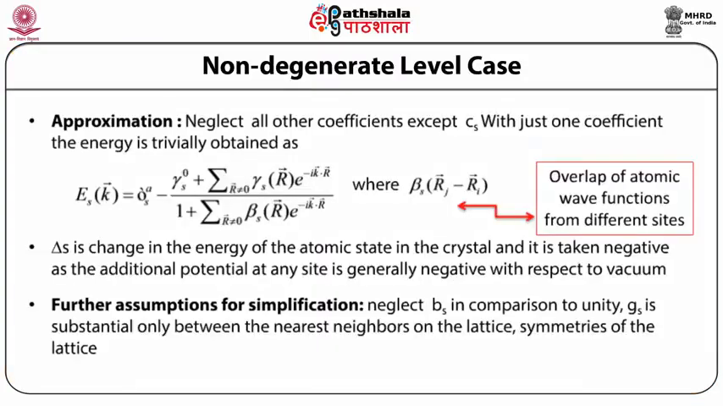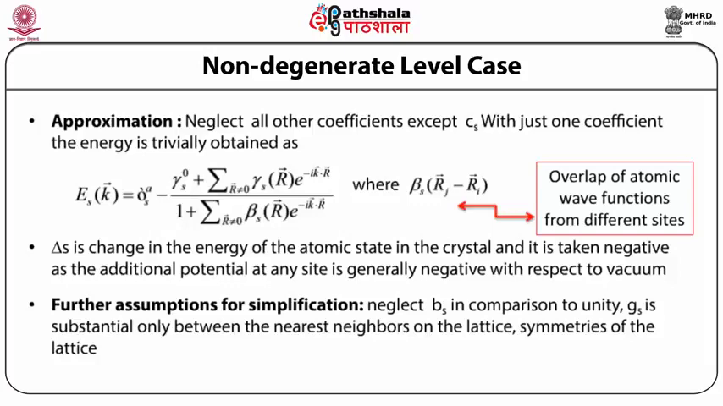Now we discuss the non-degenerate levels. As discussed before, the bands of eigenvalues are clustered around the atomic eigenvalues. For the eigenfunctions in a certain band around the level alpha L, one expects the coefficient CL to be dominant. Let us consider the case of a non-degenerate level, say an S level. As a first level approximation, we neglect all other coefficients except Cs. With just one coefficient, the energy is